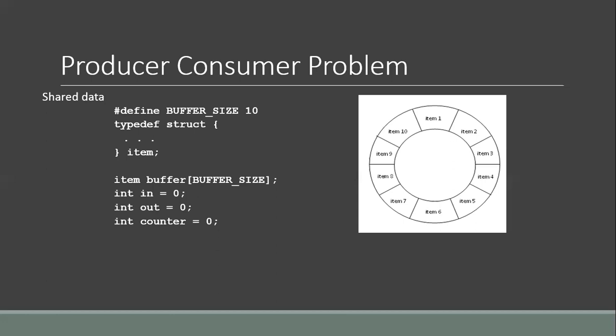We have used the following data structures to implement the producer-consumer problem. A constant BUFFER_SIZE, which has the value 10, a data structure of type item, an array of 10 elements, and 3 integer variables have been declared and initialized to 0.